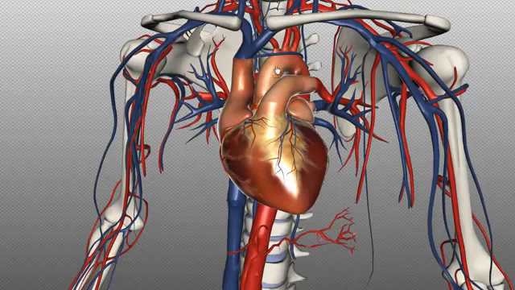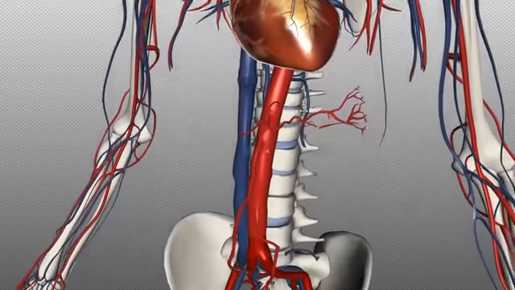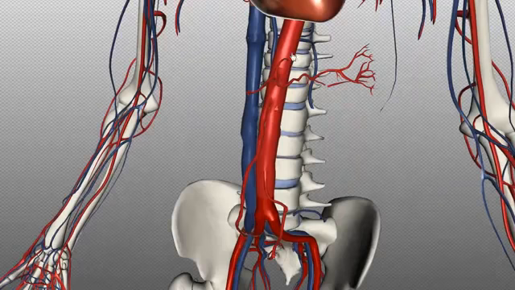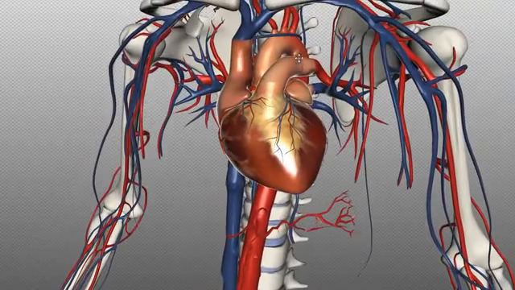You've got this ascending portion, and then you've got this arch shape, so this is the arch of the aorta, and then you've got the descending aorta, the section from the arch of the aorta to the point where it divides into the common iliac arteries, so down here. That's the descending aorta. And then you can divide it into the thoracic and abdominal aorta. The thoracic aorta is the section of the aorta which is above the diaphragm, and the abdominal